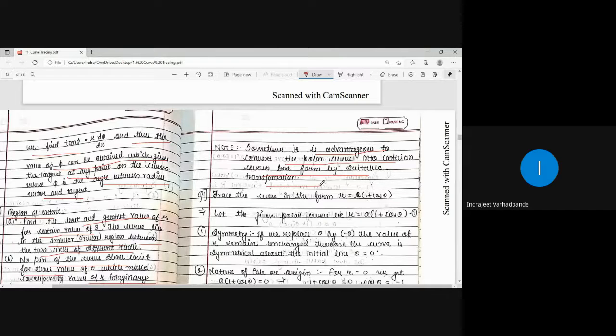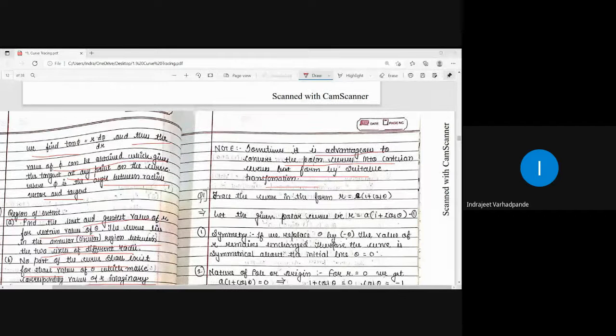These particular cardioid examples are to be attempted with the parameters of the polar coordinates. Do not try to convert them into Cartesian form. Kindly stick